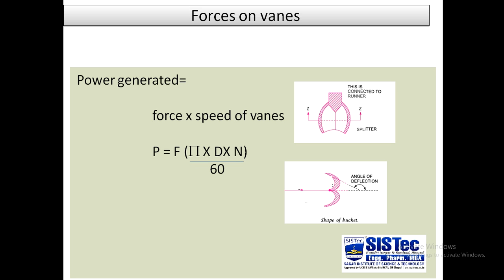What is the velocity? It is also known as speed. This speed of the vane u is the rate at which the vanes are moving. This speed of the vane u is given by the expression pi d n divided by 60. Hence the formula for power will be P equal to F times pi into d into n divided by 60, where F is the force of strike due to water, pi is the constant, d is the diameter of this